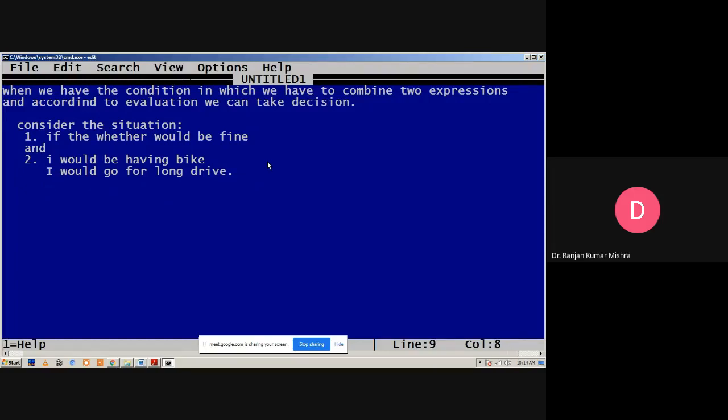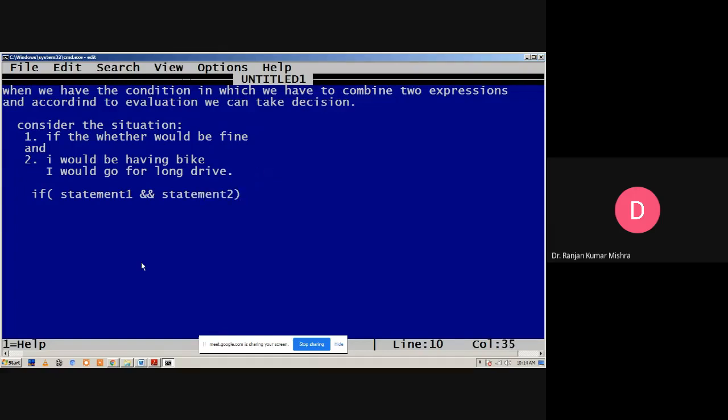We can write this expression: statement one, which is that the weather is fine, then this operator, the AND operator, then statement two.